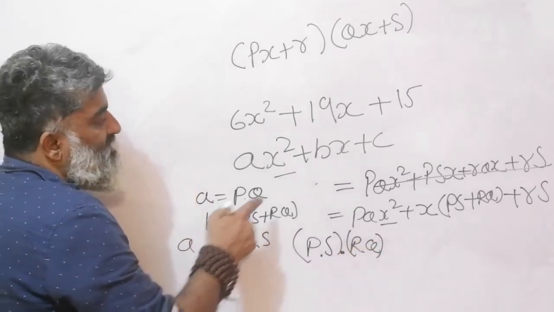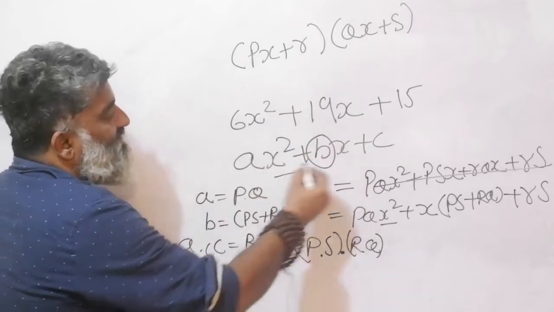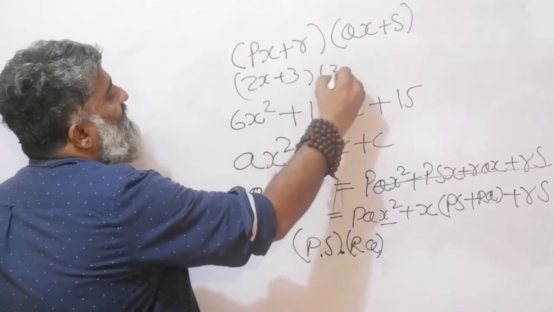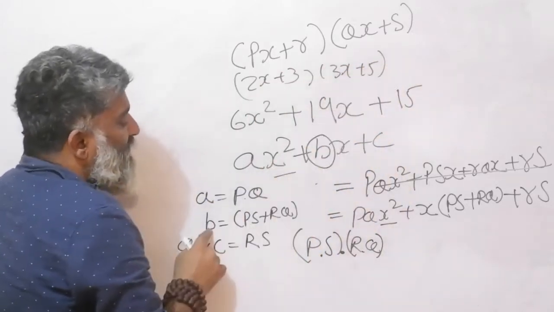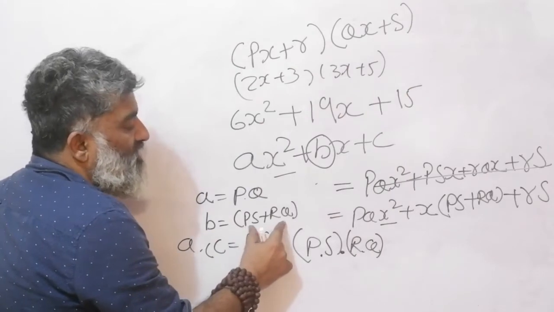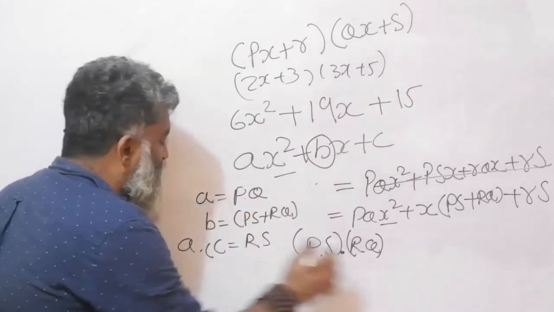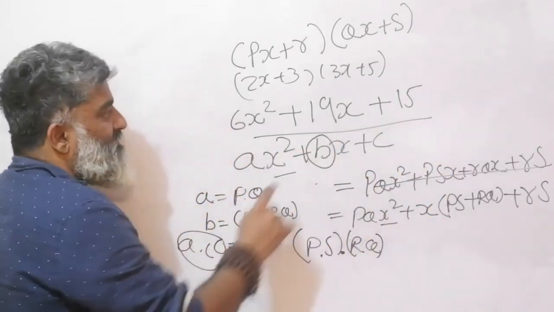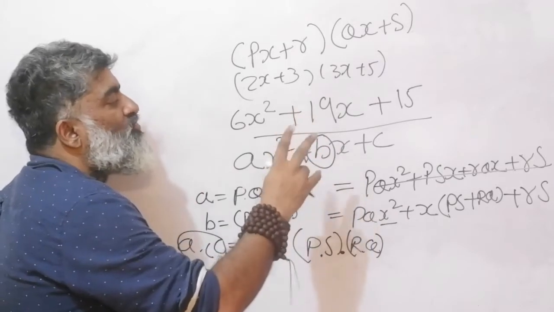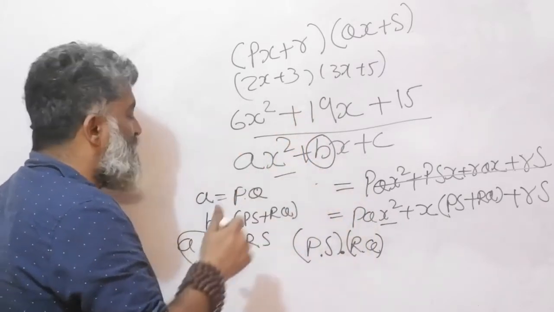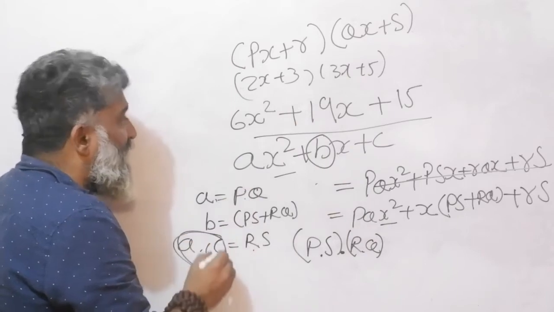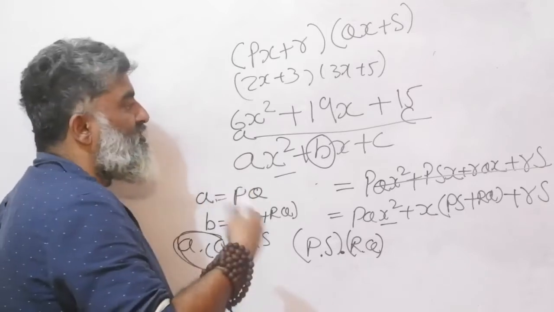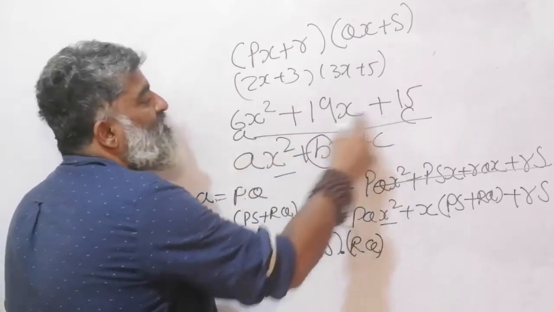So what I notice is that the middle term, if I have the general form and I'm comparing it to this kind of a story, a 2x plus 3, 3x plus 5 kind of a story, the middle term is a sum of two terms and the product of those two terms is equal to AC. So compare it to this story. Again, go step by step. The middle term is a sum of two terms, and those same two terms when multiplied together will give you A and C. So stick to this idea, notice this idea in action, put it in your own head in your own language, or maybe compare it to this equation.